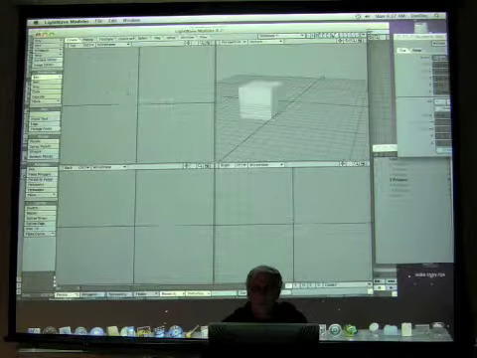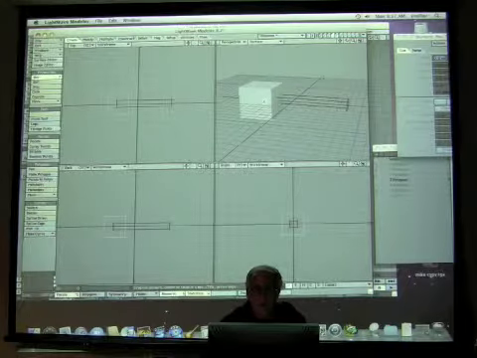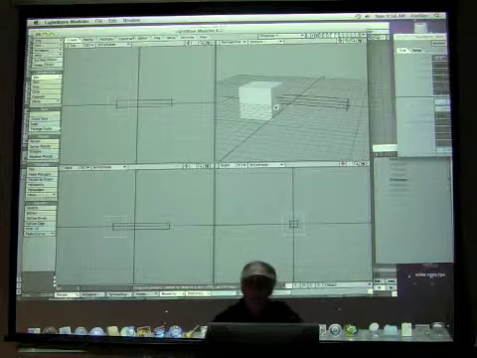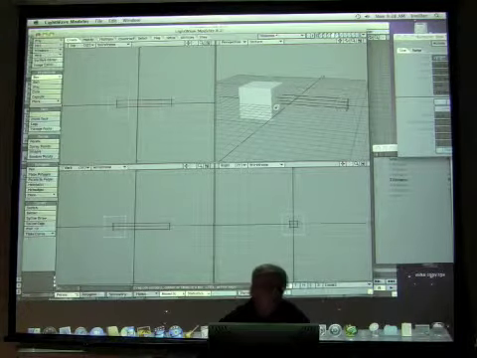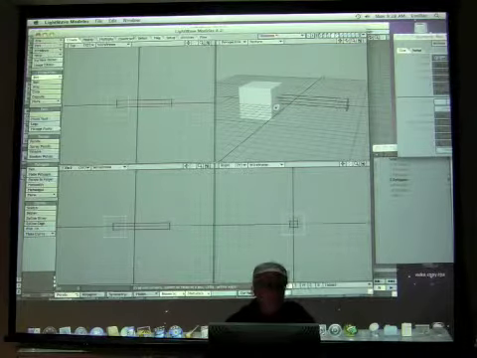I'm going to reverse this because I want this bar here to be a cutter. And it has to overlap, but I want to poke a hole in there. Now, a better way to do this would be to use the Bevel Tool. But this is an older way to work, and sometimes it works really nice. Like